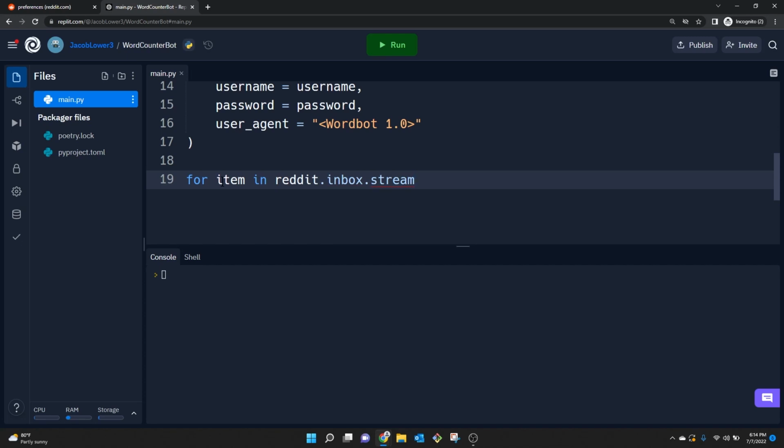So what we're doing here is we're going to call reddit.inbox.stream, and we're going to name each item we grab out of here. I use item because it could be a comment, it could be a direct message or whatever it is. So it's just some sort of an item to us. And then I'm also going to say